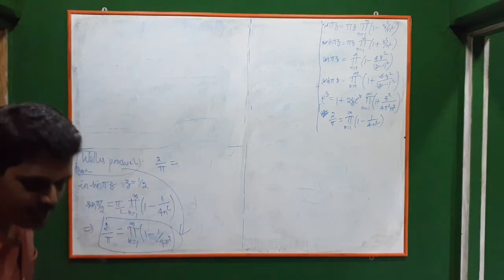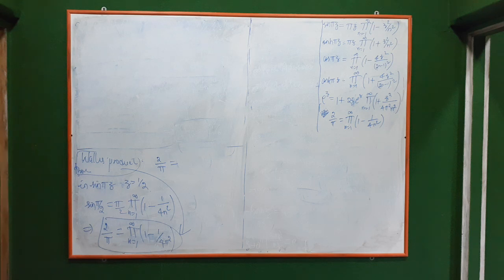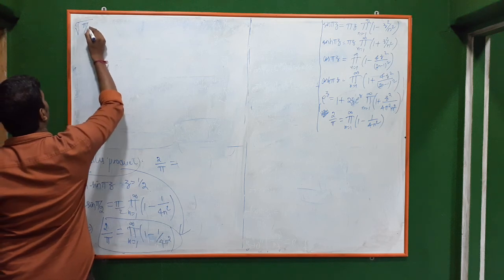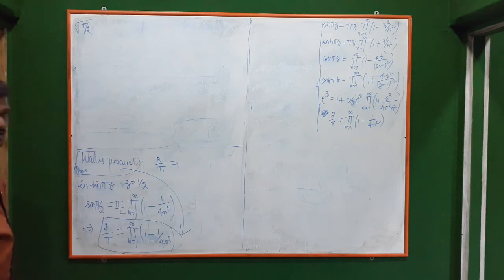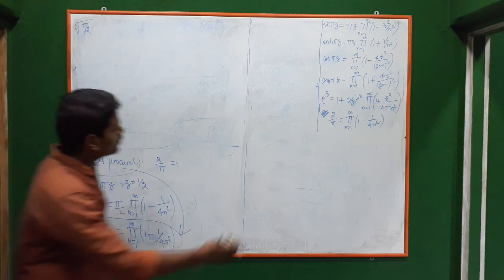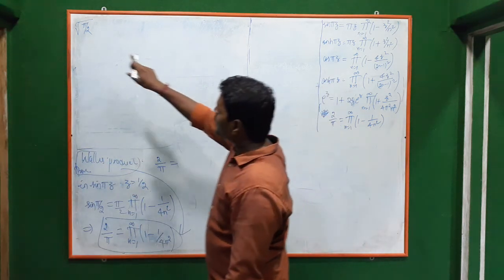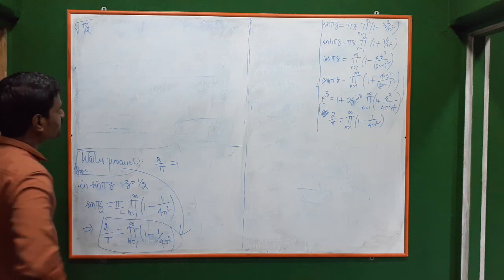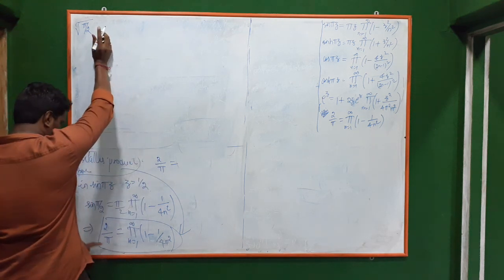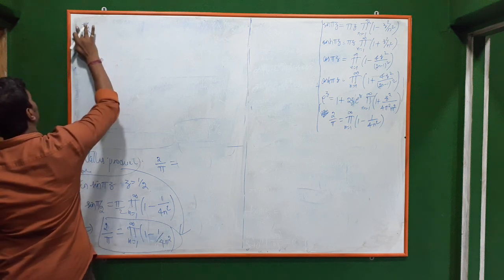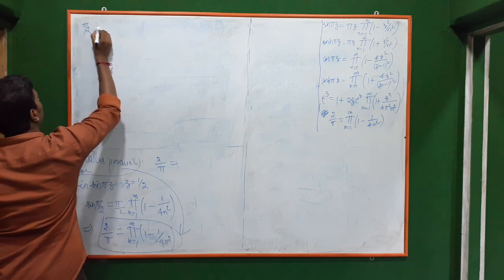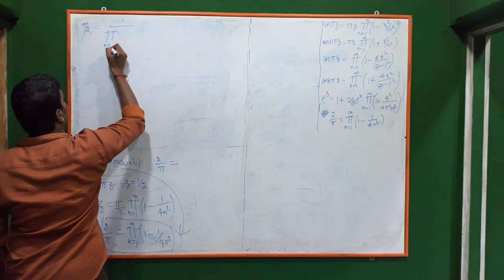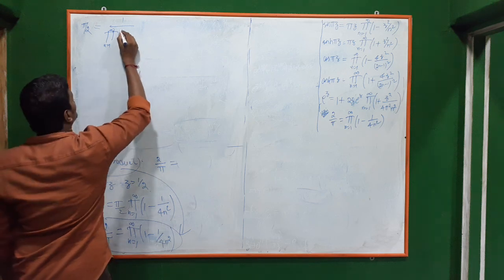Next, there is some identity here, where we have to find the square root of pi by 2 from this. We know 2 by pi, but I have to find pi by 2 and take the square root of that. So let's take the reciprocal of this. First find pi by 2 alone, then later we can do that. Pi by 2 is what? 1 by the product n from 1 to infinity of 1 minus 1